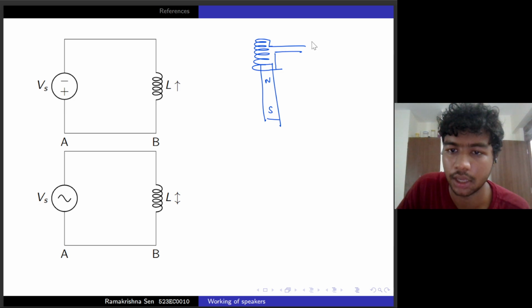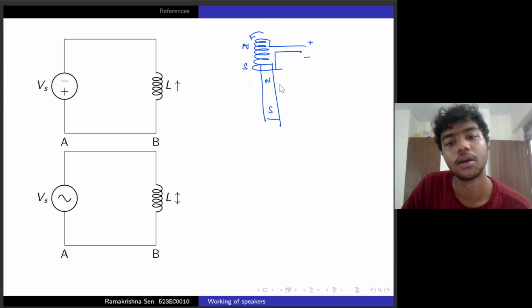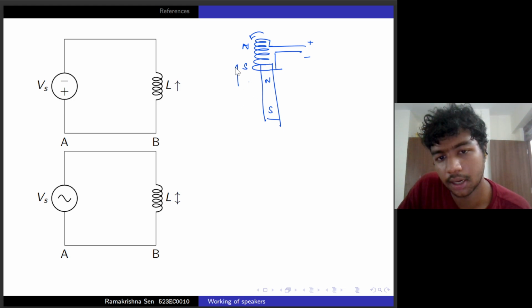If we have a DC voltage applied here, then there's some pulse generated, and there'll be some north and south present on the solenoid as well. So once that is there, there's either an attraction or a pull